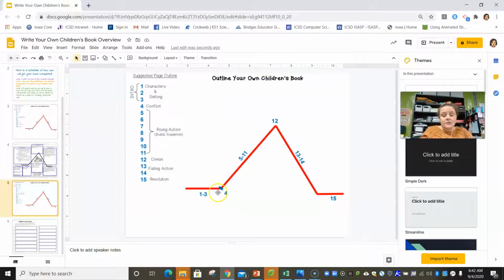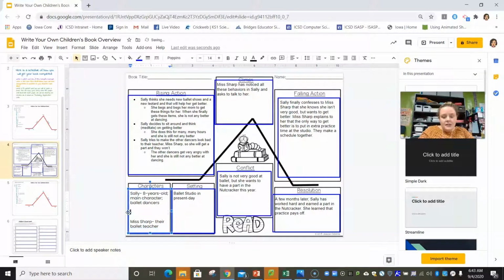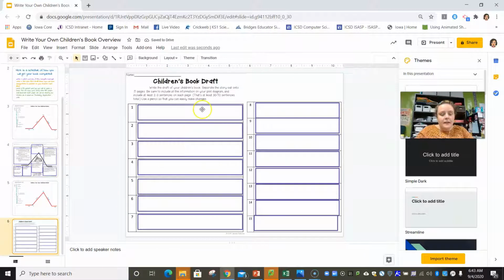So pages 1 to 3, we're going to introduce the character. Page 4 is where the problem's going to be introduced. Pages 5 to 11 are where they try to solve it 3 times, but they're unsuccessful. And you know what character I didn't need to use was Denise, her friend. I'm actually going to take that out. Maybe I'll add it as I start writing, but we'll see. Okay, so